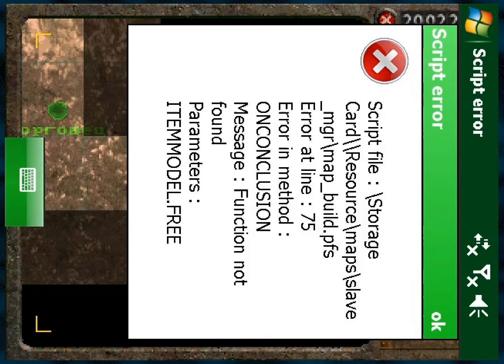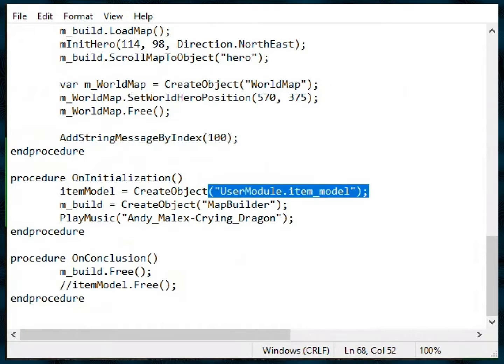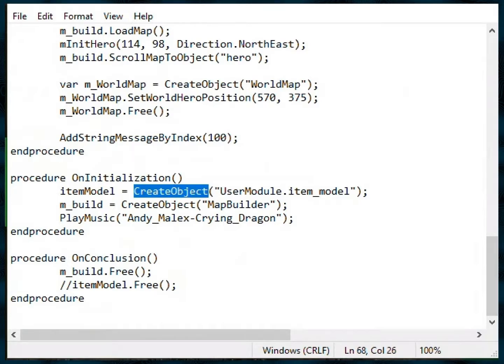And at least this is the one that we already know how to fix. Well, we know how to fix it in that we just commented it out. The item model just doesn't work. That's all there is to it. I think user module item model, whatever that is, is a class that doesn't exist at all for some reason. Well, no, because it was fight model before. Sure, but it could very well be that item model and fight model don't exist. And create object, instead of doing something sensible like throwing an exception when you try to create from a class that doesn't exist, it just returns null?